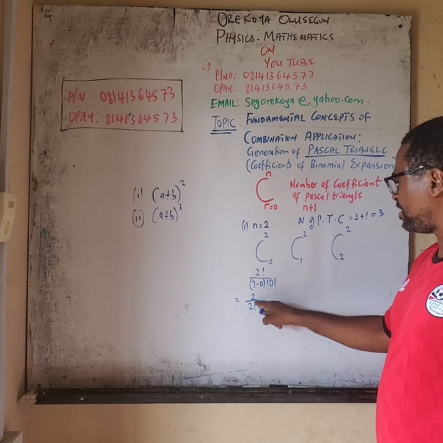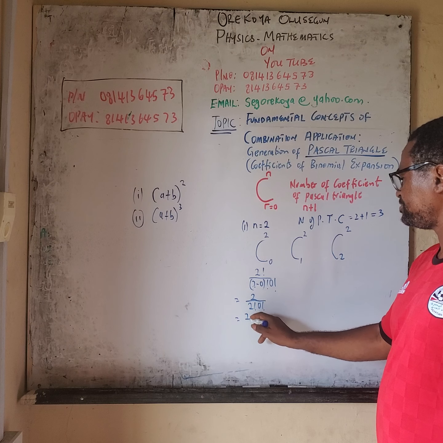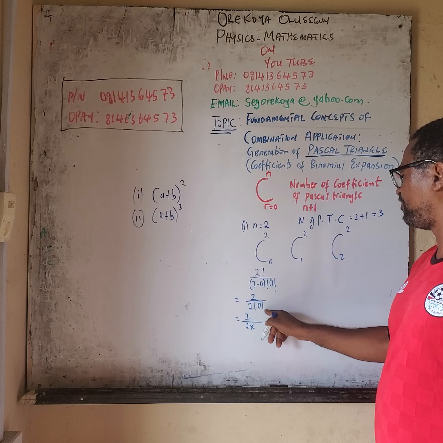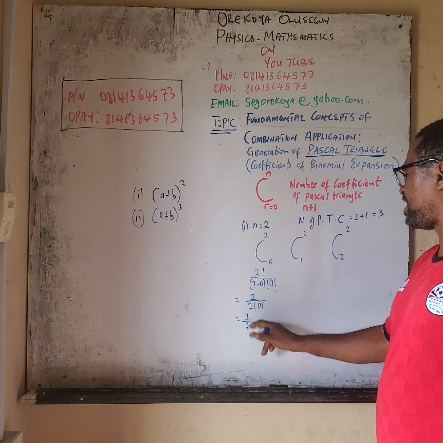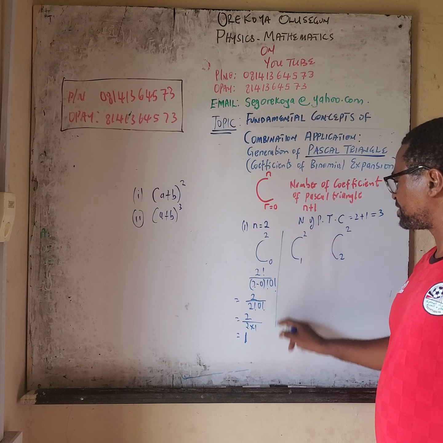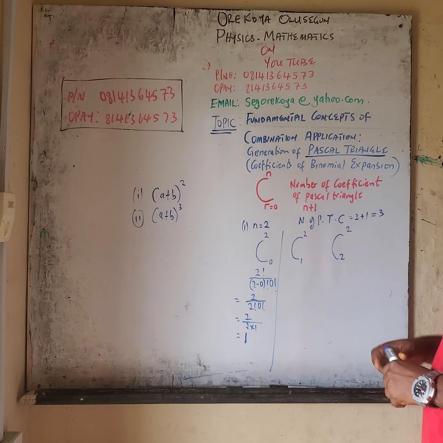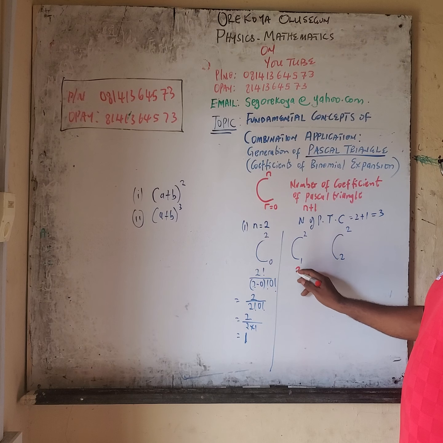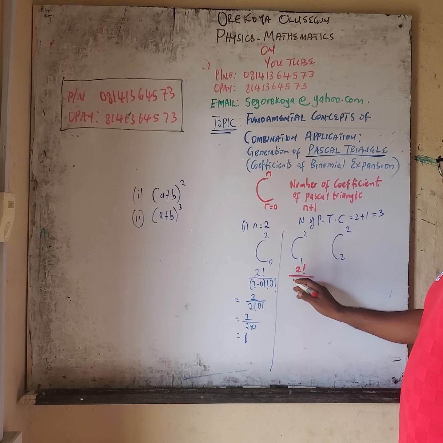So what we have here now is going to be 2 factorial means 2 times 1, which is 2. Then times 0 factorial, which is 1. So 2 divided by 2. So this one gives us 1. That's the first case. Then the second case here, 2 combination 1 means 2 factorial all over 2 minus 1